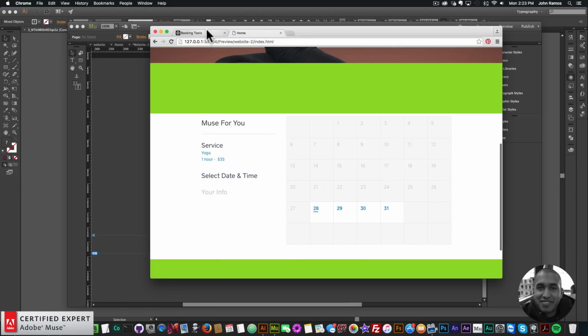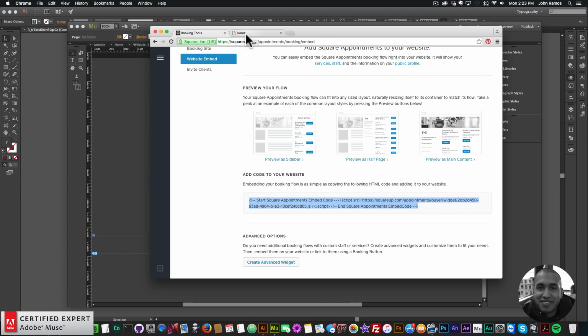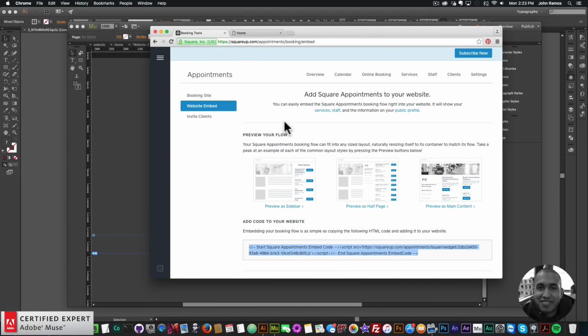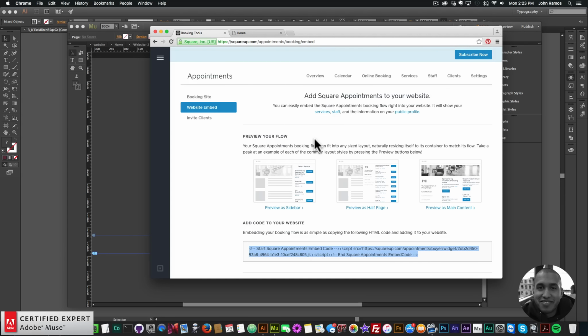$35 rate. I think some yoga classes, the ones I've been to, are like $20 an hour, but there's different yoga teachers out there, so I don't want to say the price or anything like that. It's kind of how you want to go about pricing your yoga classes or any class you teach. Okay, cool. So that's the website embed, and the other section we want to focus on here is the services